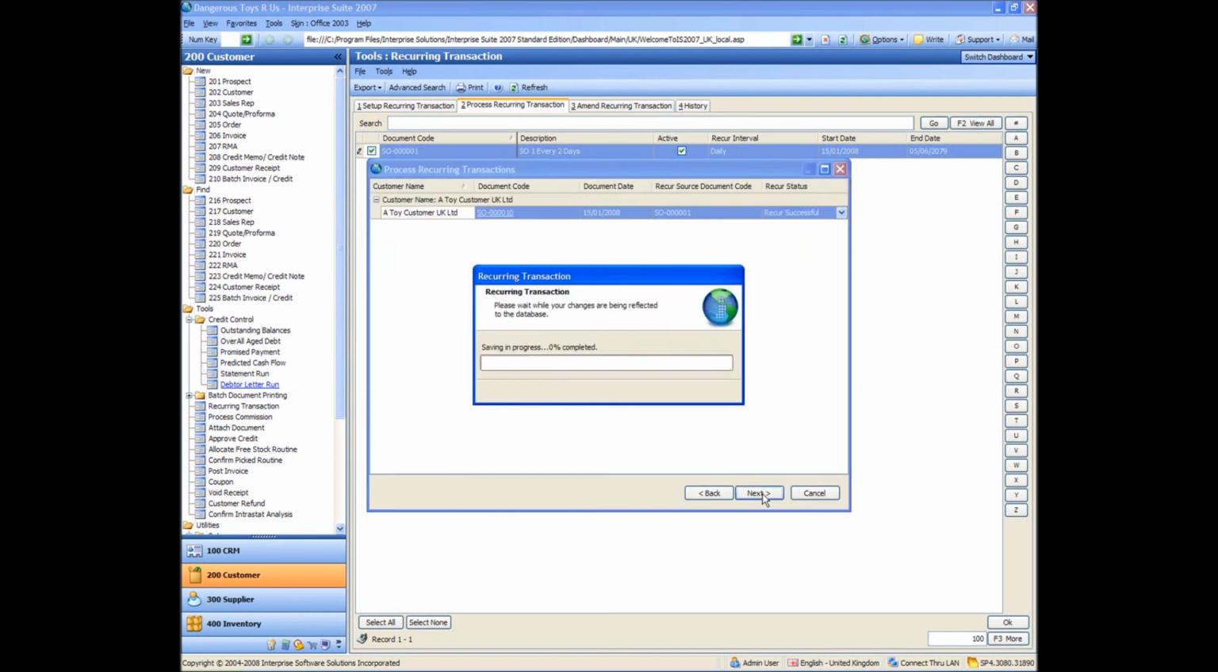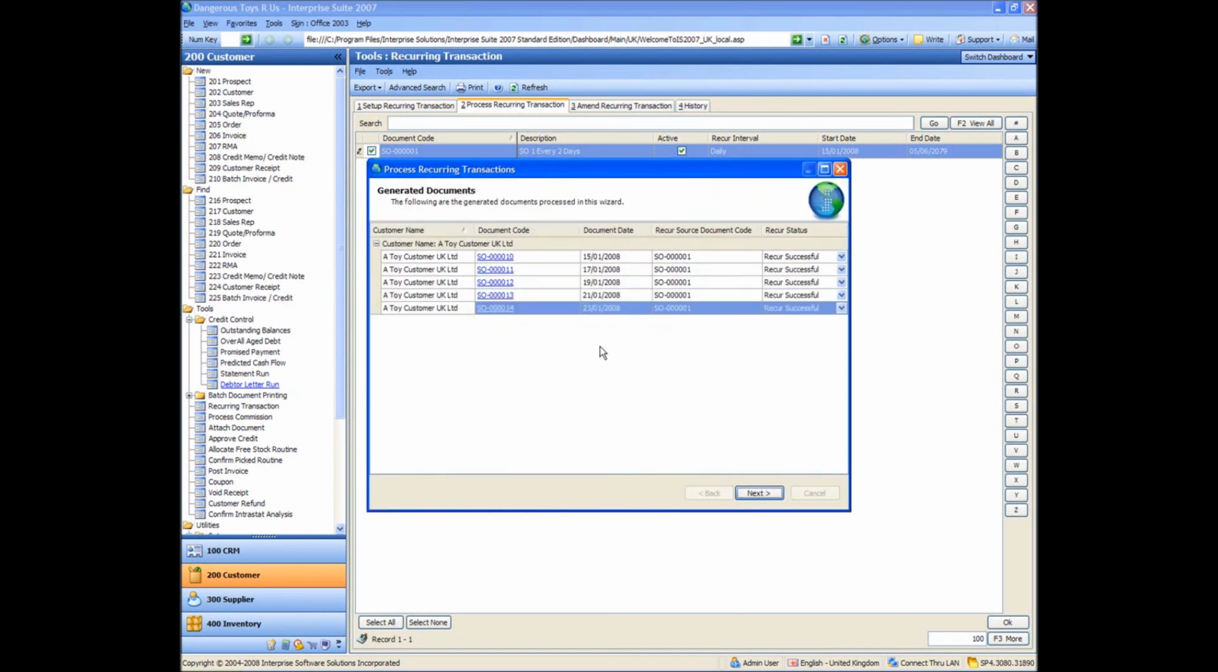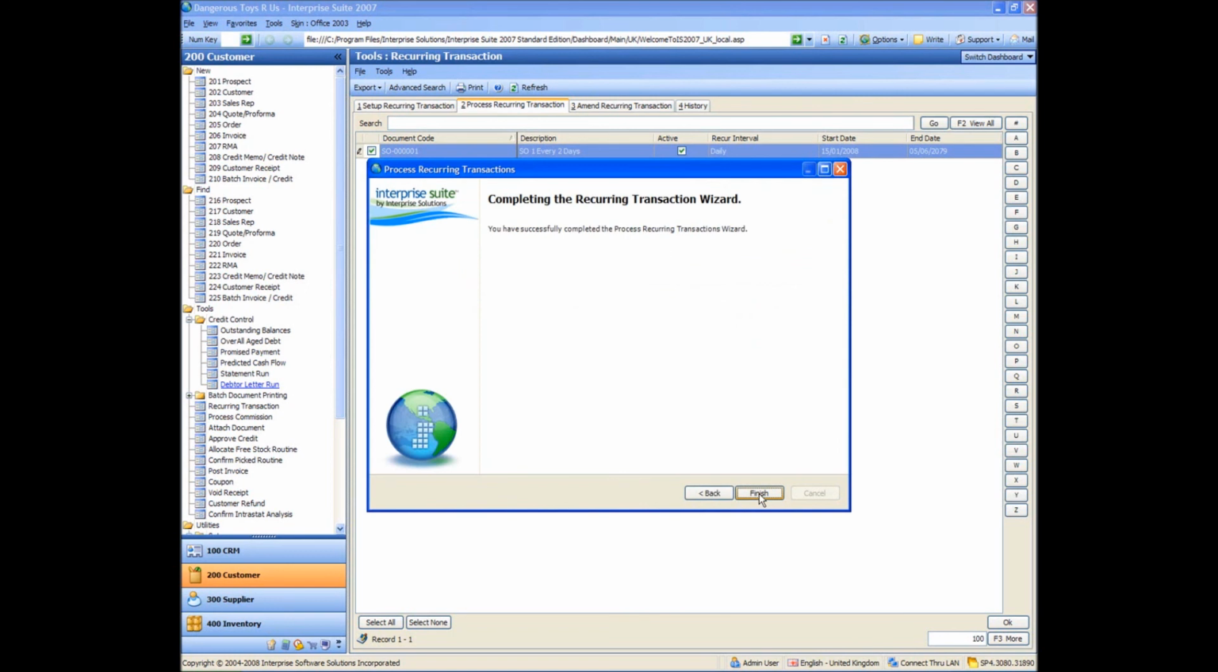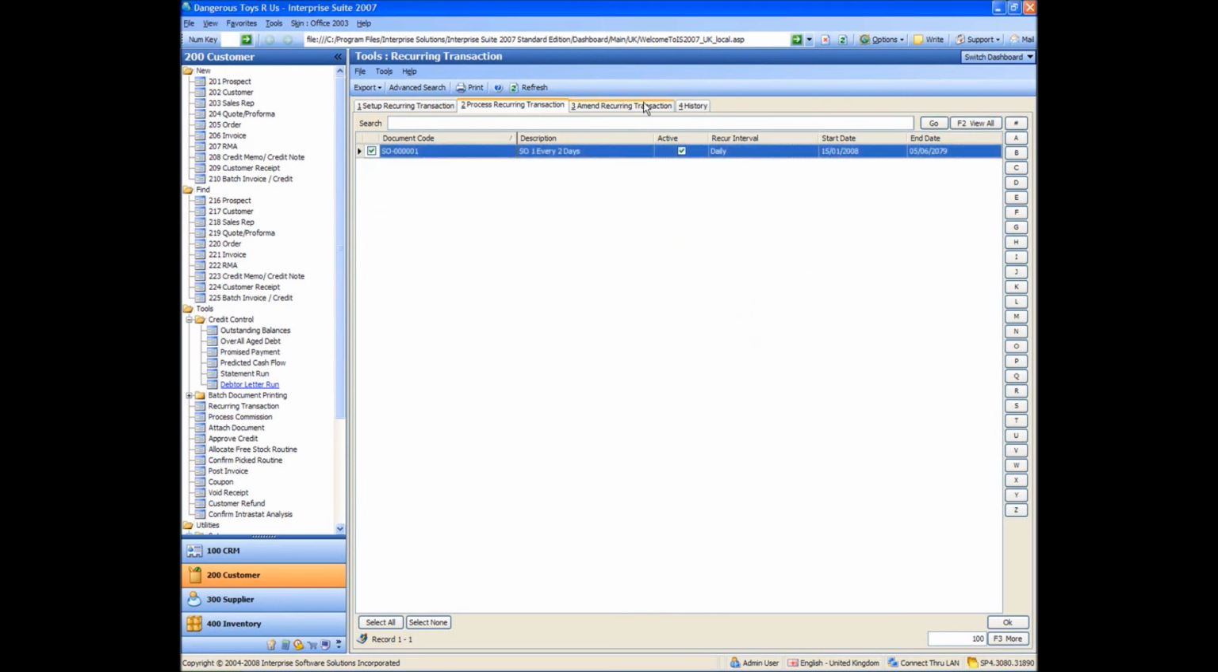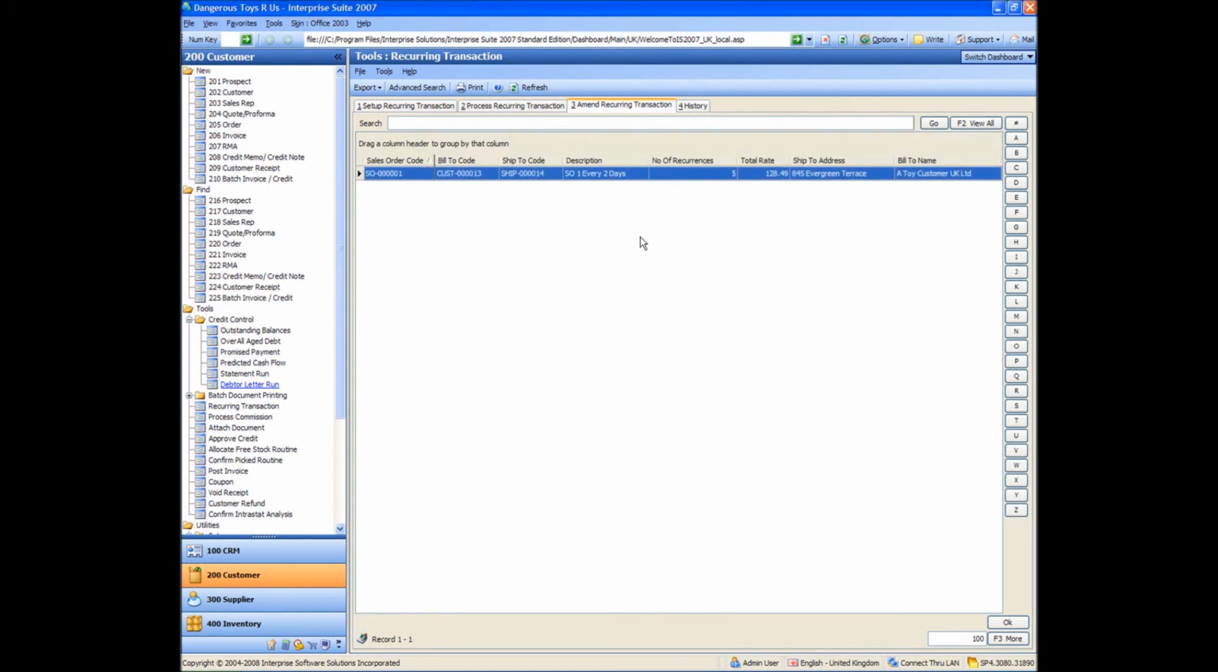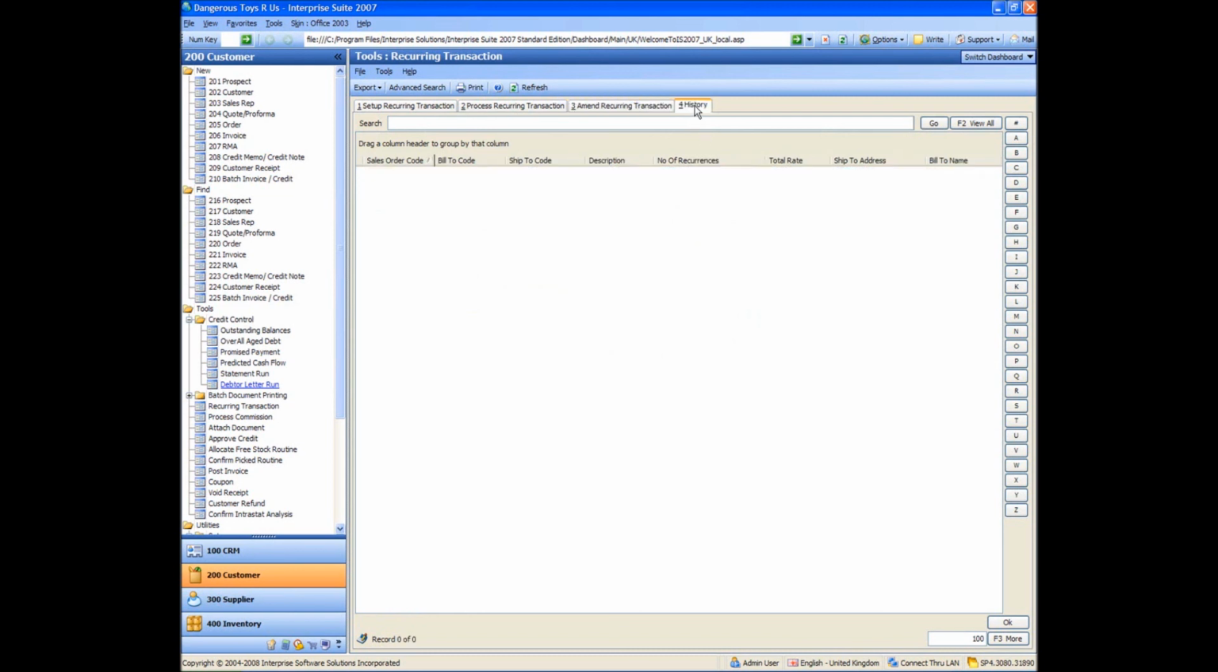and then go next, and what it will do is it will create all my recurring transactions and finish. Now in the amend recurring transaction tab, I can go and amend the transaction to recur at less frequency, more frequency, or I can inactivate it as well. And in the history tab,